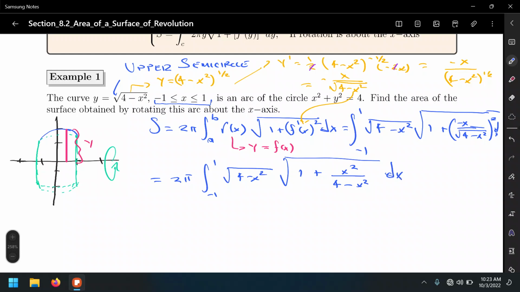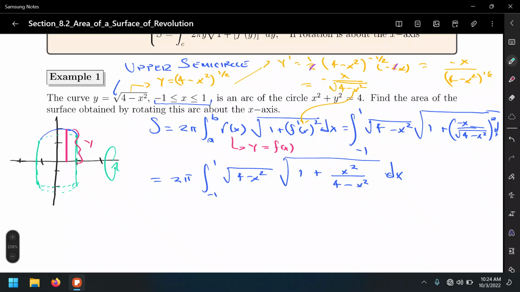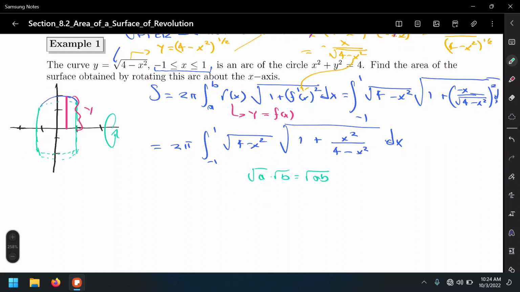And there's a couple of ways to simplify this really nicely. Last time we did a similar example in which we had to do the least common denominator, right? So today I would like to take a different approach, and take advantage of the properties of radicals, in particular the one that says the square root of a times the square root of b equals the square root of the product ab. So what I'm going to do here is,